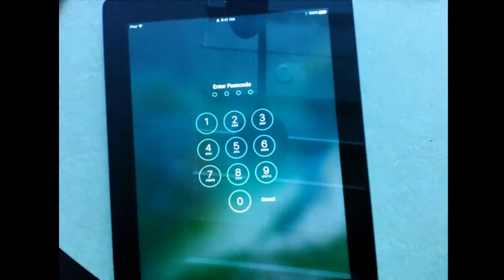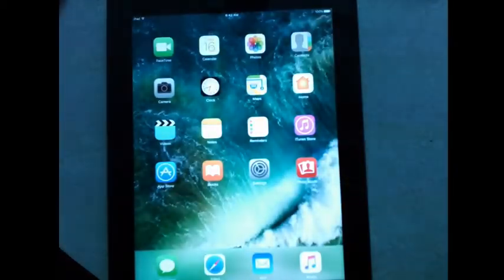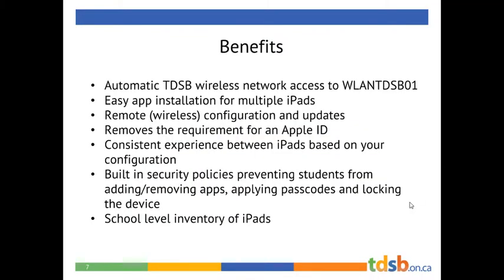With all the locking and encryption technologies that Apple has put into the device, there really is no option from here but to wipe the device and start from factory settings, because we cannot get past this passcode screen. On the AirWatch iPad, students will not be able to do that, and I will show you that when we get to it.